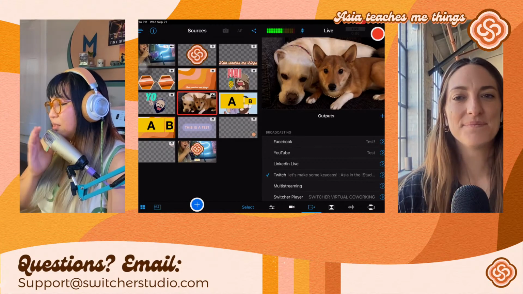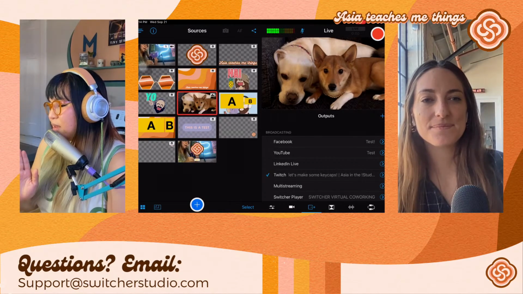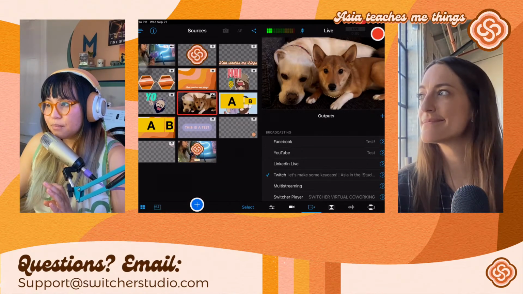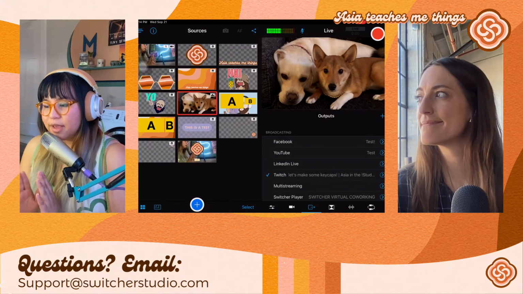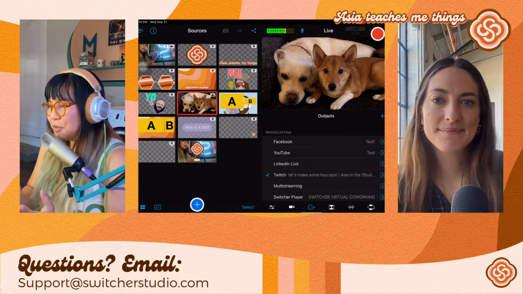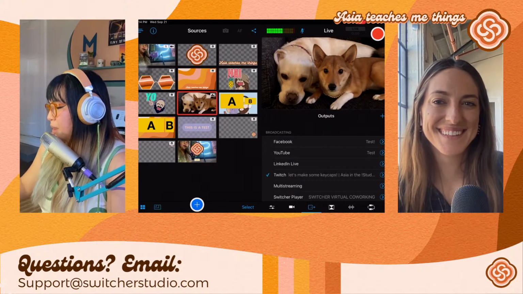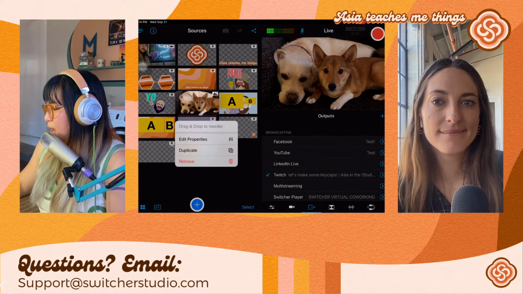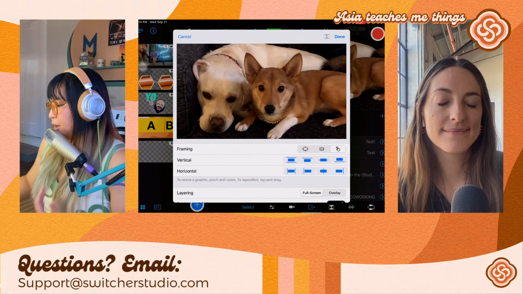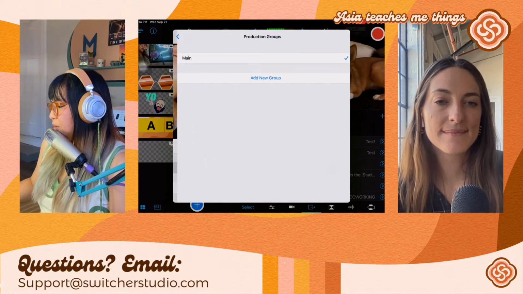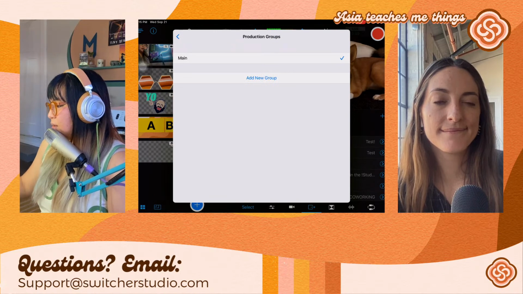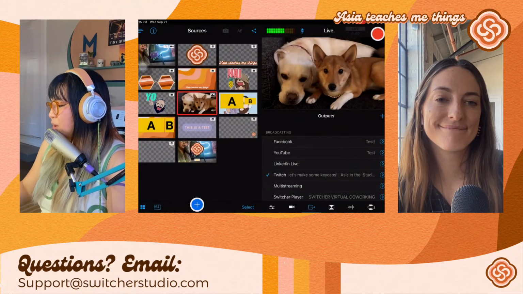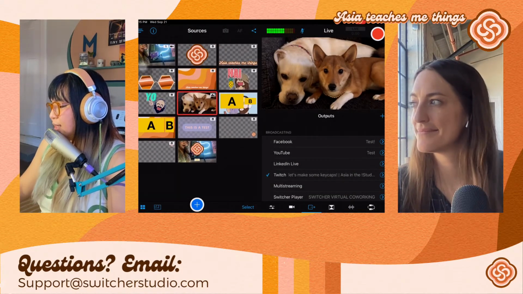But I love the production group options, and if you even have used production groups in the past but haven't noticed any of the current updates that we've had, it's really cool. I'm really excited. So first of all, you can create a production group in a couple different ways. You can either long press your asset that you want to put in a group, and then you can go into production group down at the bottom of that settings panel and then add a group here, which I can do. But another way that you can add a group, especially if you don't have any, is just going down to the second to the left icon and tap it, and then tap edit groups.